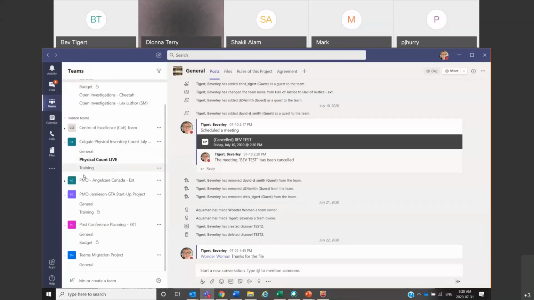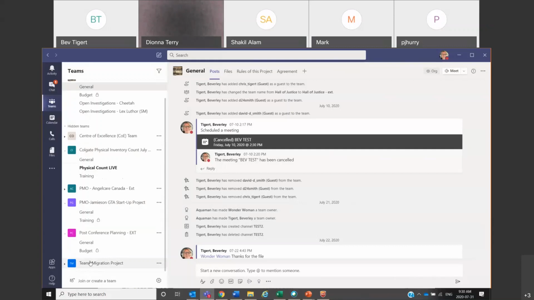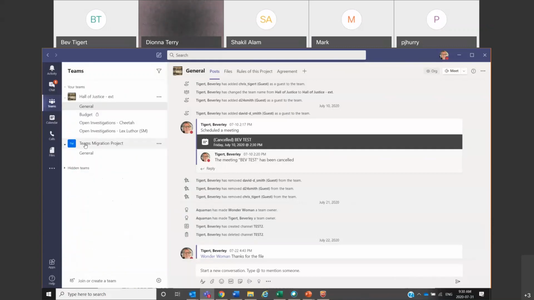If I come down here, some of the naming conventions I see here are PMO. So this is a PMO driven project, as is this one. And these ones, like this one's my team migration. Actually, I'm going to bring this one up because I want to show you some of that. So again, there it was, and that's the new team for the team migration project. And then we have a general tab. And this one, general, is always going to be public because it's where you post and share everything for the whole team.